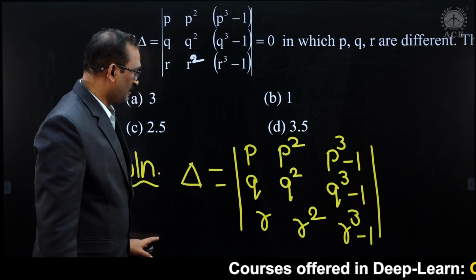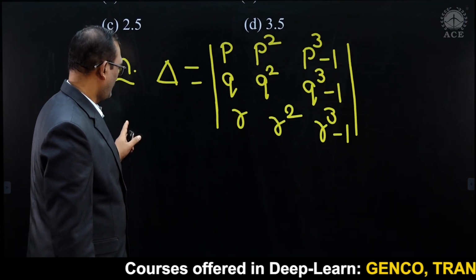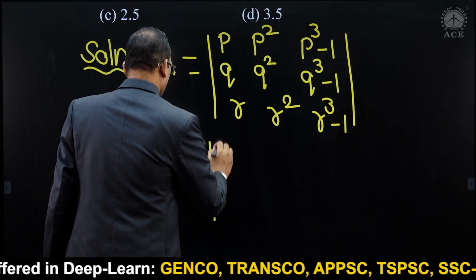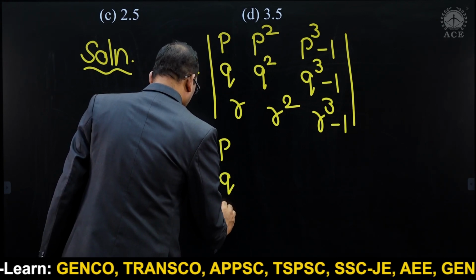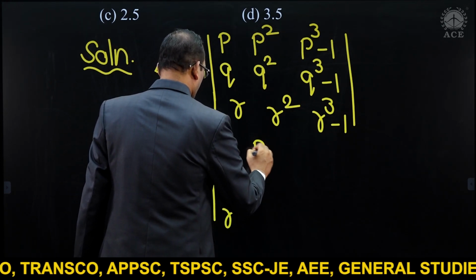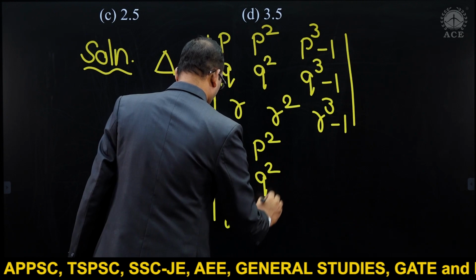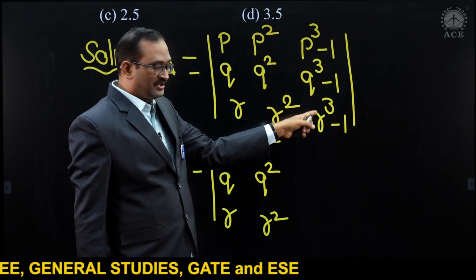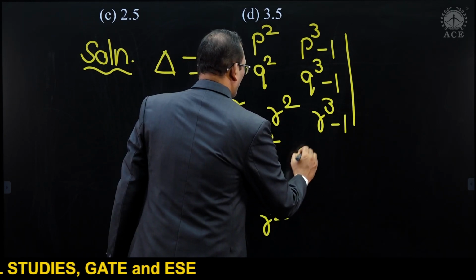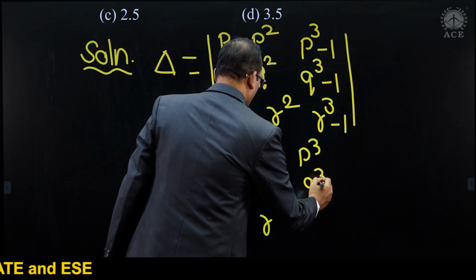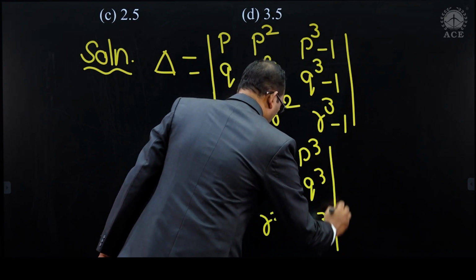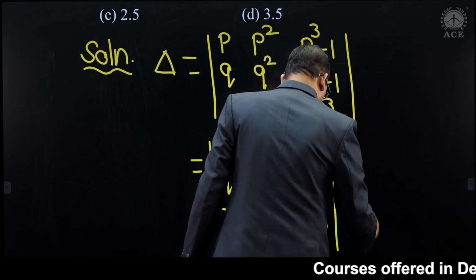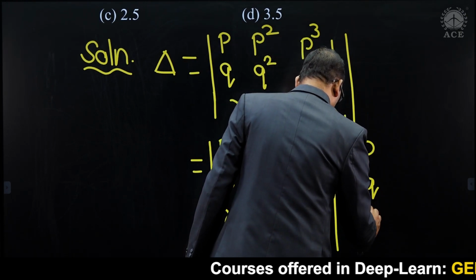Let us write this determinant. The first determinant as it is, that is the first column as it is, even the second column as it is. Now here only the first elements will be written as the third column, plus the second determinant, with first and second columns as it is in both the determinants.